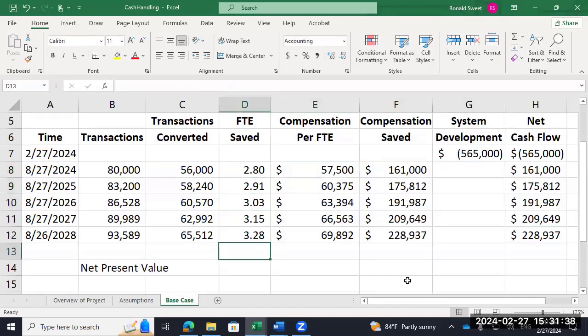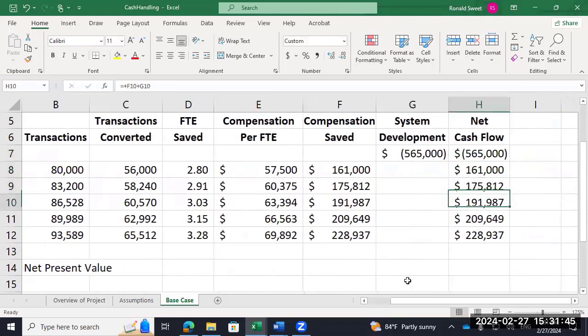All right, so let's do net present value. What we're going to do is take the value of each one of these cash flows in today's dollars. The value of the 565,000 is 565,000. The value of this is going to be $161,000, but discounted for half a year because we're assuming that it happens in half a year. We're going to take the 175,000 and discount it for a year and a half, then 2.5 years, 3.5, and 4.5 years. And our discount rate,